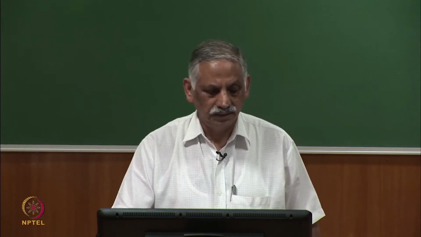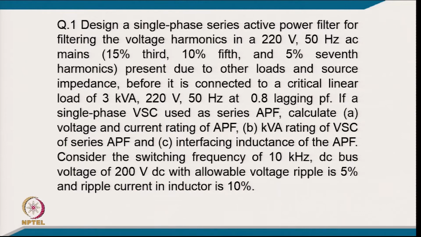From the first example, design a single phase series active filter for filtering the voltage harmonics in 220 volt 50 hertz AC mains, which consists of 15% third, 10% fifth and 5% seventh harmonics present due to the other loads and source impedance before it is connected to a critical linear load of 3 kVA at 220 volt 50 hertz at 0.8 lagging